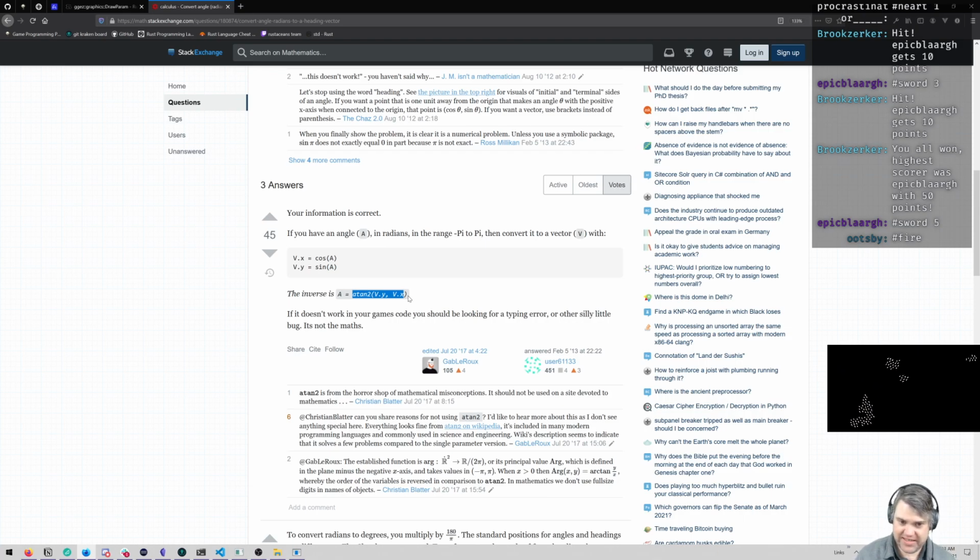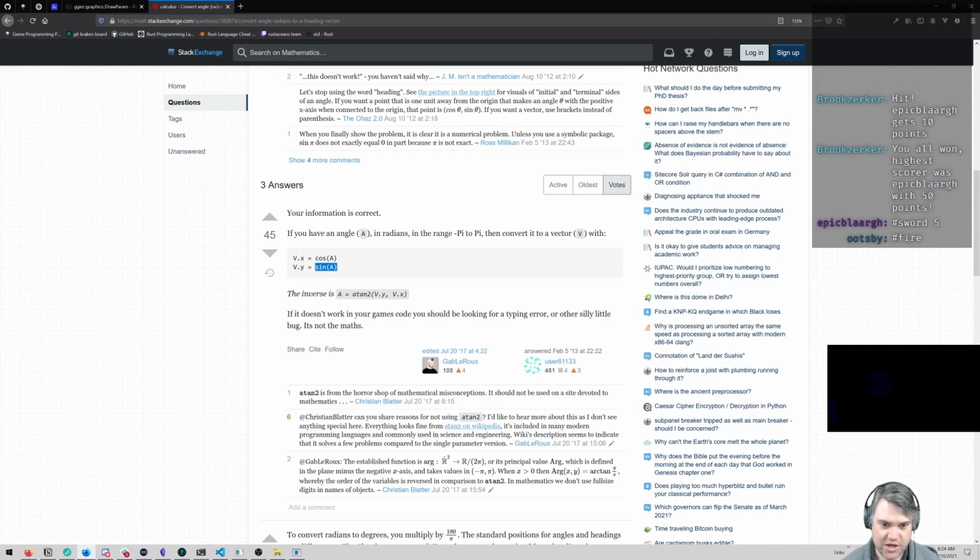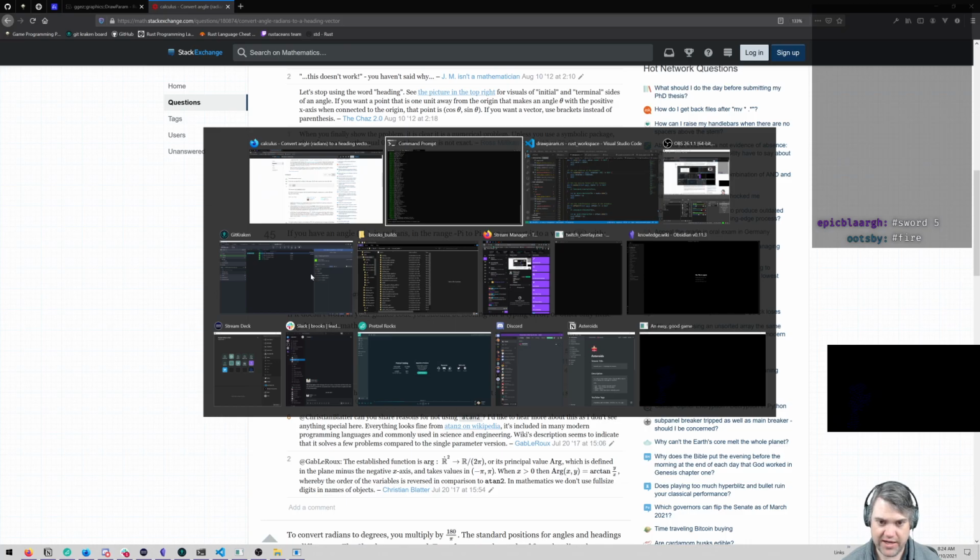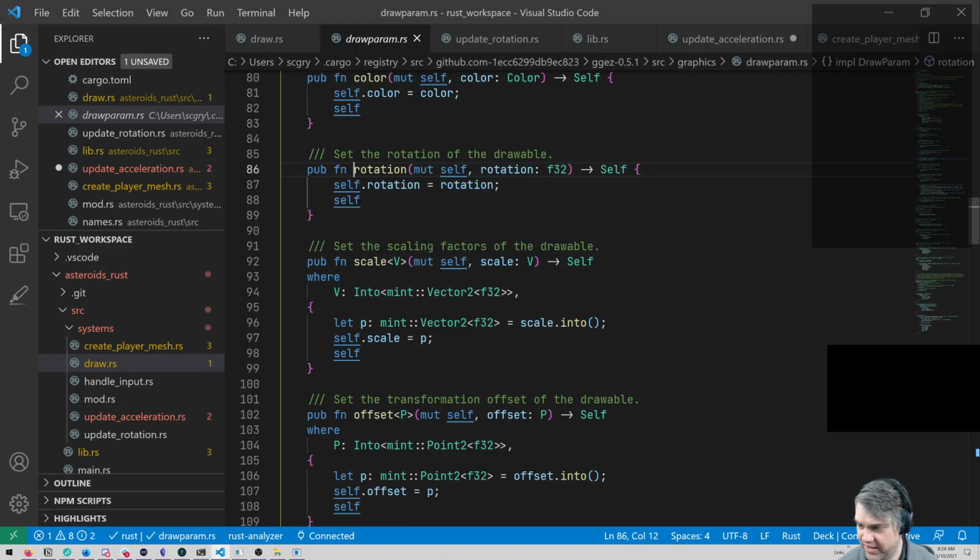And then converting it to, okay, so the x and y is like the cosine of a, and the y is the sine of a. Oh, okay. That's okay. That's what that is. So it's cosine for x and sine for y. So if I come down to here